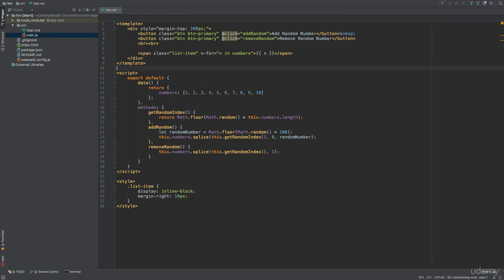Until now, we have only added transitions and animations to single elements, so now it's time to work with multiple elements. Before diving into the code, I want to mention a few things. While we have used the transition component until now, we need to use a component named transition-group when working with more than one element. With this component, it's important to know that each nested element is required to have a